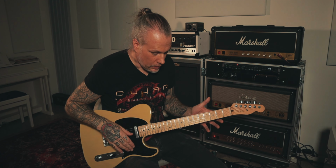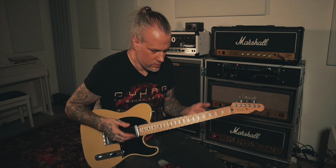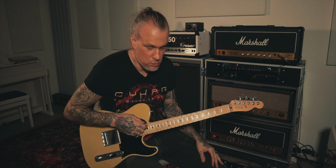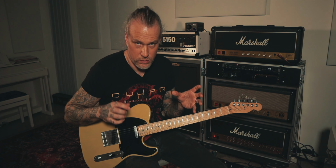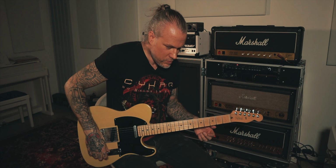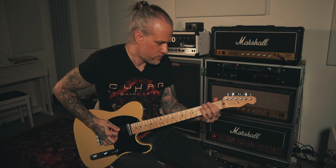But let's go through the song and I'll show the licks and talk about them a bit. So the tuning is standard E, but the low E string is tuned down to B. So it's basically like here, the drop. He uses a lot of different drop tunings, like Zakk Wylde or myself. So yeah, it's quite simple, but there's a lot of classic stuff. Well, the main riff is...